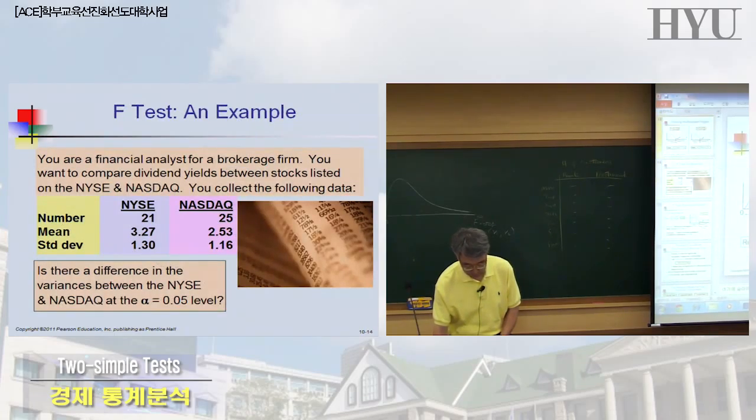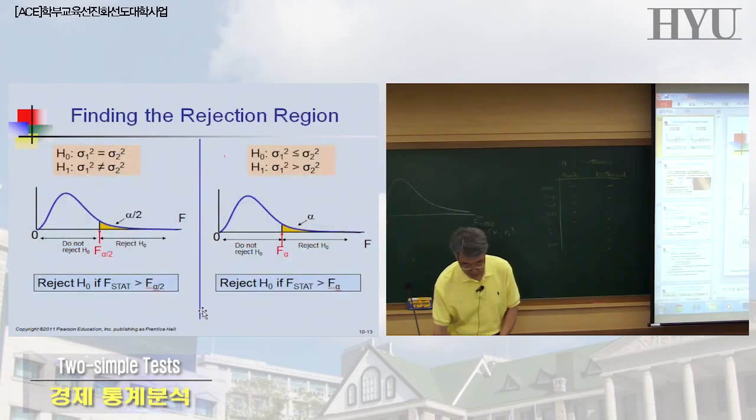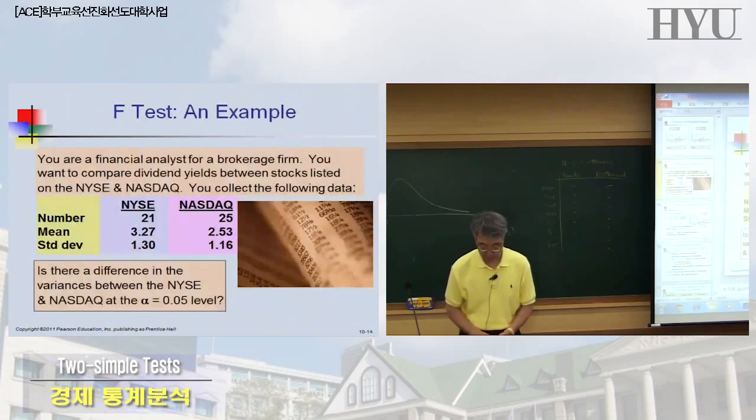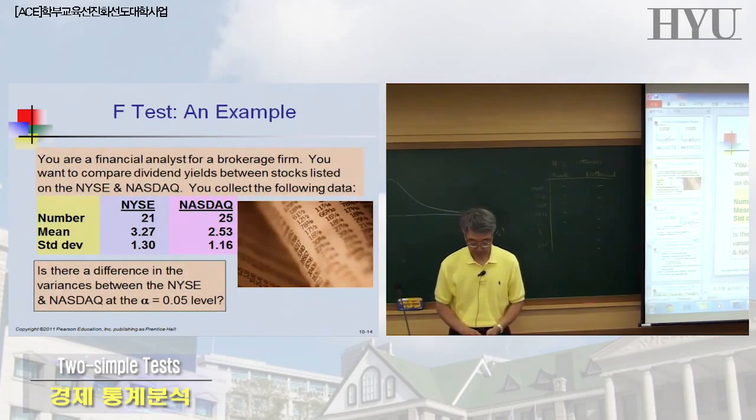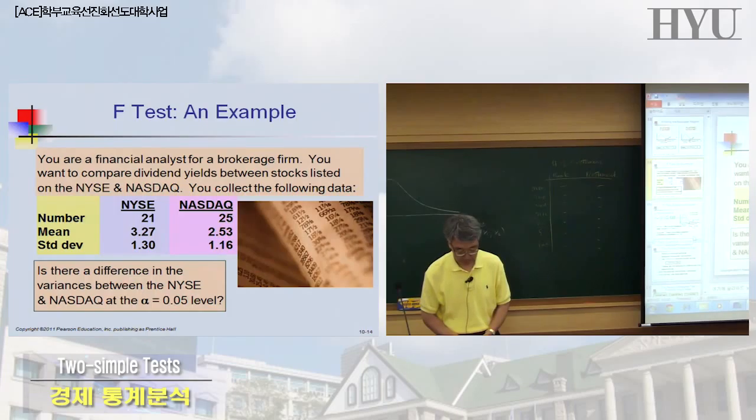And the decision rule is right here: reject the null hypothesis if the test statistic is greater than the F critical value, and so on. And let's use an example here. Suppose we have two different markets here. And the question here is: is there a difference in the variance